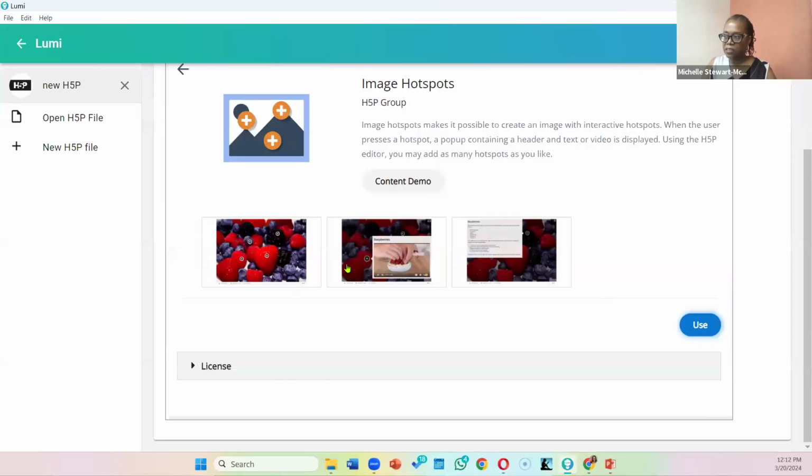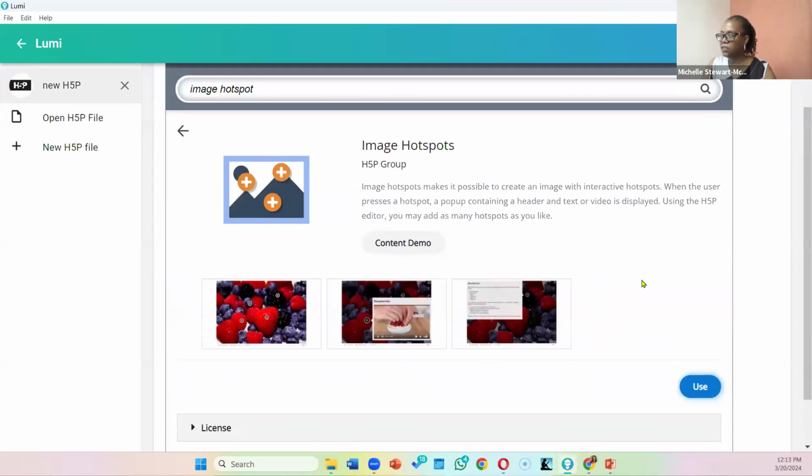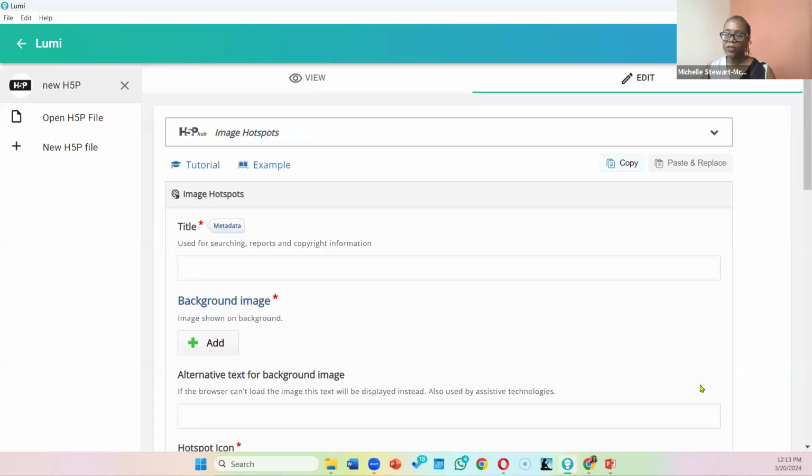So I'd click on details. And of course, it tells me what it is. You know, it makes it possible to create an image with interactive hotspots. And this is one of the beautiful things about the H5P. Everything that you create, every content type, is interactive. So your students are more engaged. And so it gives you a demo, and then you click on use. All right, so I'm going to click on use because we are creating our